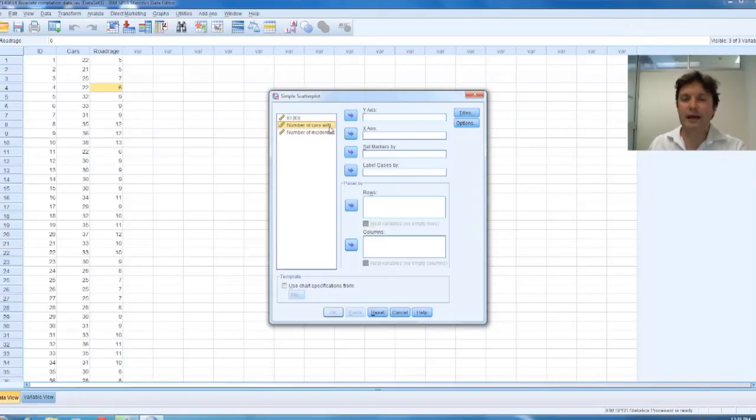Now, given that we're using the number of cars within 200 metres to predict the number of incidents of road rage, by convention, the predictor always goes on the x-axis. In our case, the predictor is the number of cars within 200 metres. So we're using that as our predictor of number of incidents of road rage. And the criterion variable, otherwise known as our dependent variable, goes into our